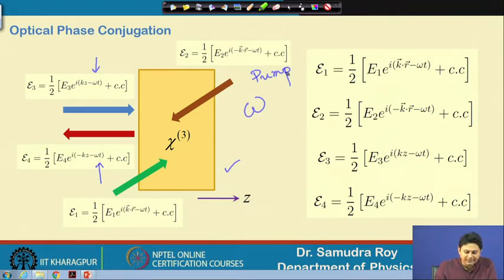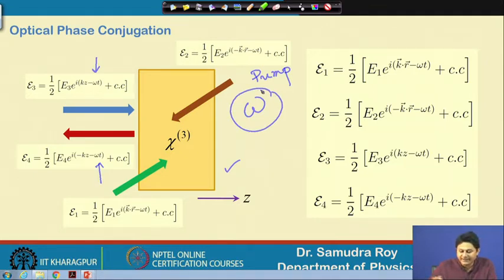But the important thing is that this is not in the direction of z, but in some arbitrary direction, and the other is moving in the opposite direction. So, in one case I write it as k dot r minus omega t. Since this is an arbitrary direction, I cannot write it as k z minus omega t, because it is not in the z direction at all, you can see that. So, it is k dot r minus omega t, and in the other case it is minus k dot r minus omega t. As I mentioned, the frequency is the same for all the cases, only the directions are different.